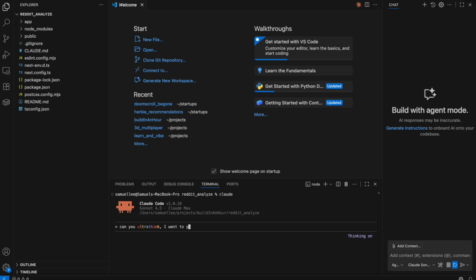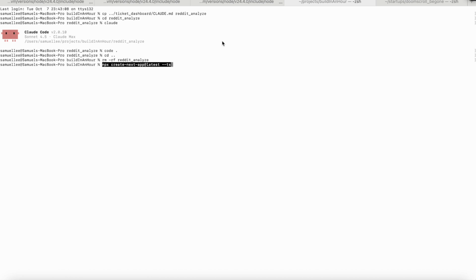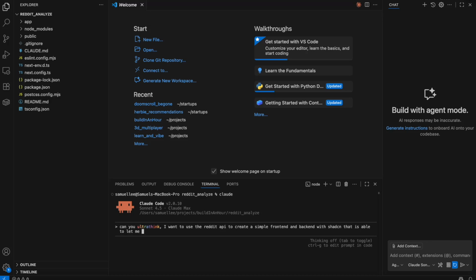I want to use the Reddit API to create a simple front end and backend with shadcn that is able to let me search any subreddit and get the corresponding top posts within a set time period.